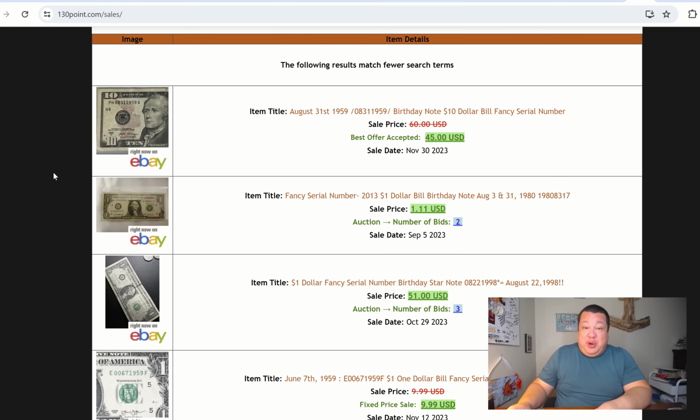It's a little bit higher than what typical birthday notes run. Correctly oriented birthday notes I've seen sell for between $20 and $30. The last one that I bought for my daughter's birthday, I paid $29.99 for, worth every penny. And that's the beauty about the hobby and collectability, is that things that traditionally we wouldn't think would sell for more than face value